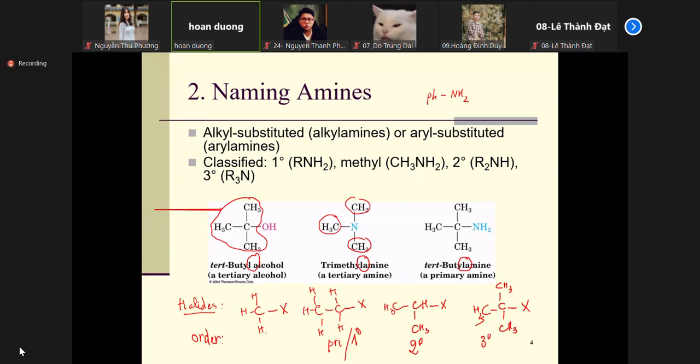This one is still using alcohol, but you have a space. So trimethylamine, no space. That is a mistake a lot of people make, and even the teacher at high school has that problem. We say no space when you write down the name of amine: no space between the radical substituent and the functional group, which is amine.